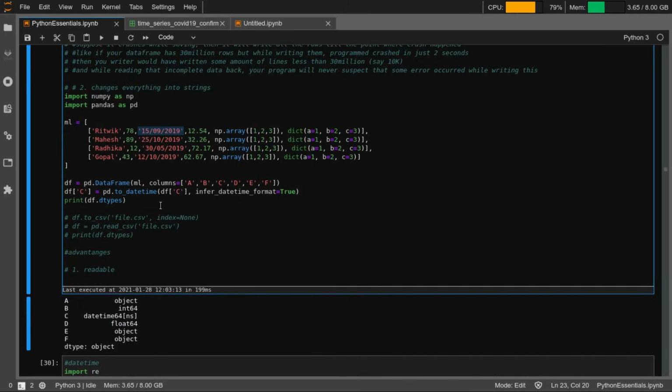So that is what it is doing here. The C column is the third column, and I am converting it to datetime. Again, this is a built-in function, right? So I'm converting the third column to a datetime object. Now if you print the data types, you can see that C is changed to datetime.